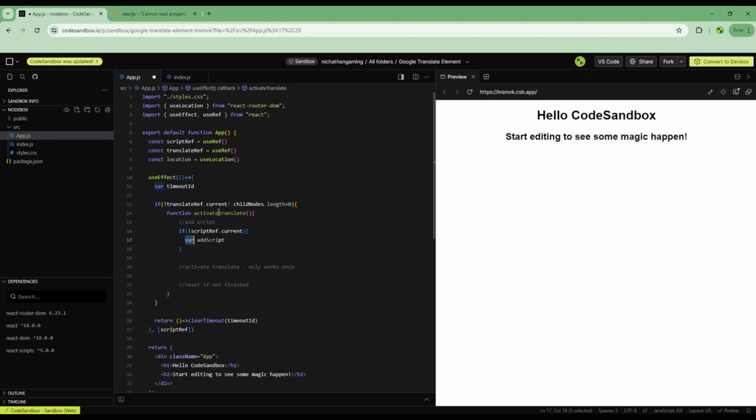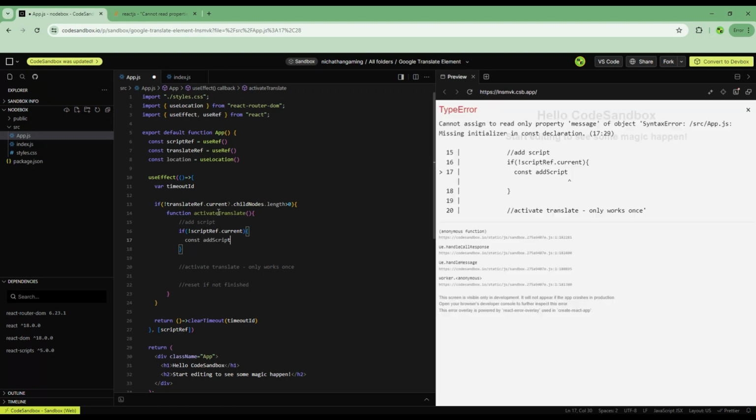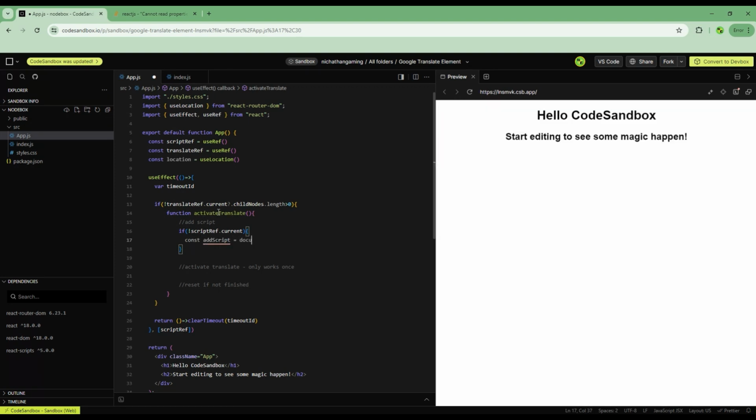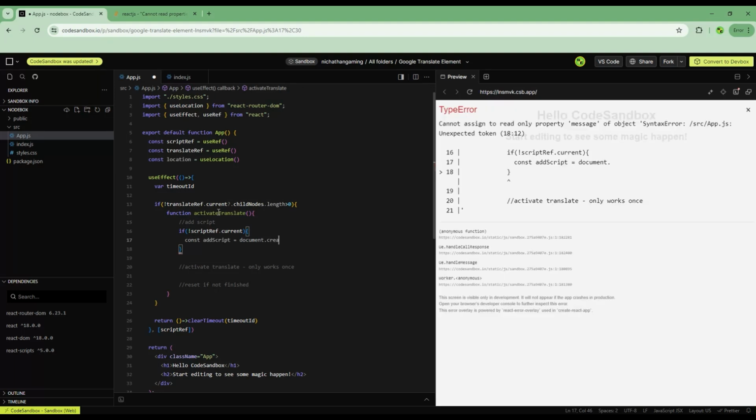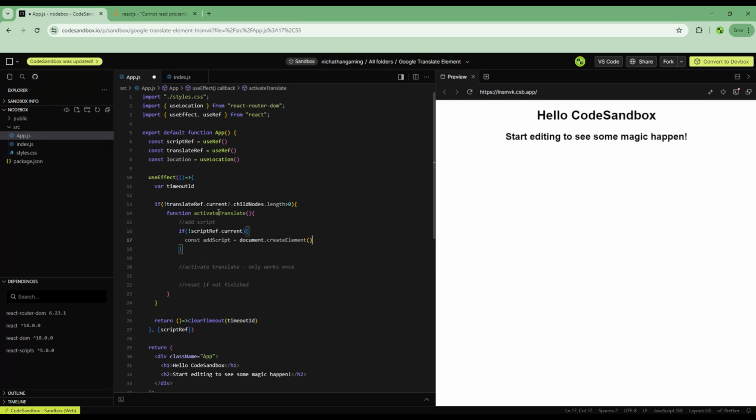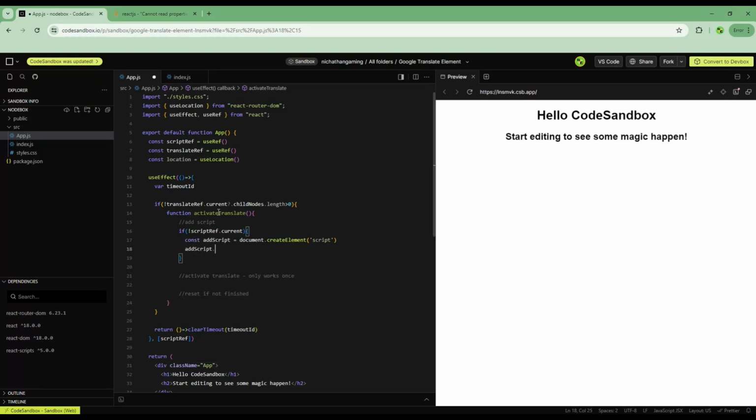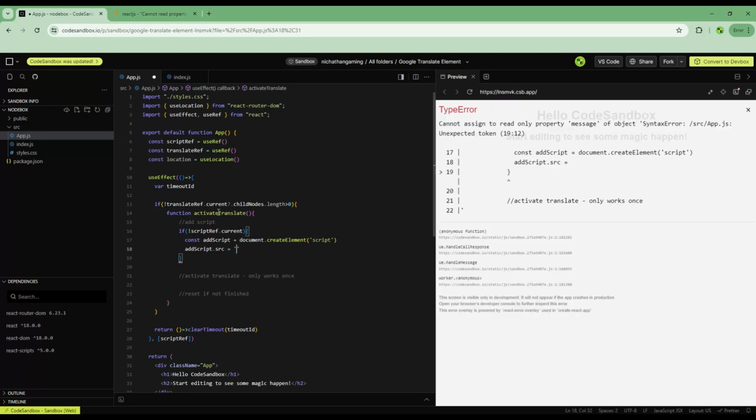Actually, you know what? We don't need this to be var. This can be const. And this is going to be equal to document dot createElement of our, and we're just going to call it script. Next, onto this add script, we want to add the Google Translate script link. So I'm going to say add script.src is going to be equal to,